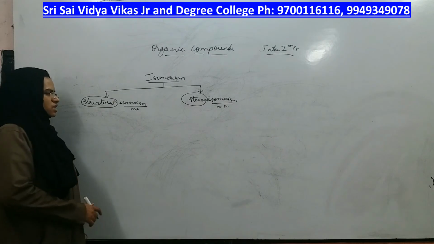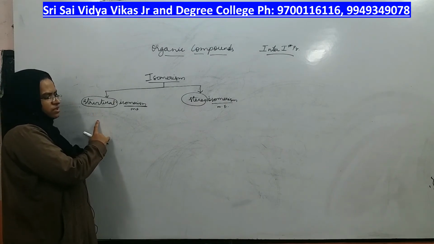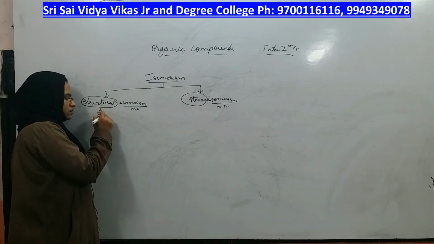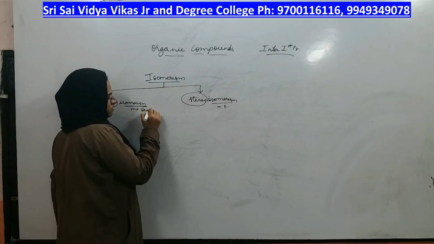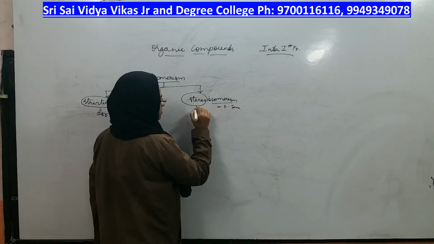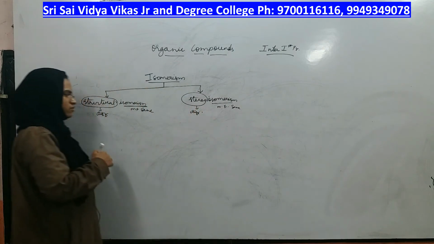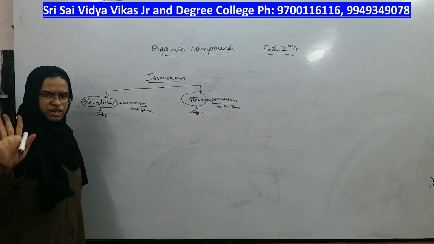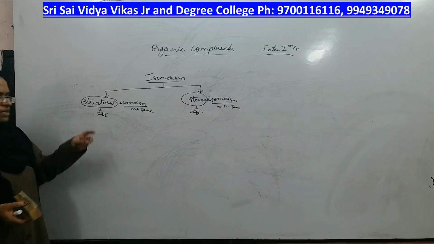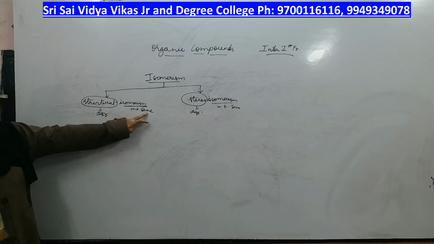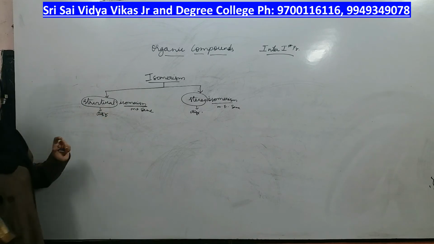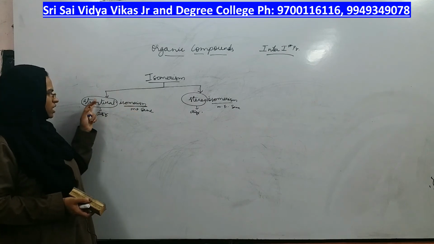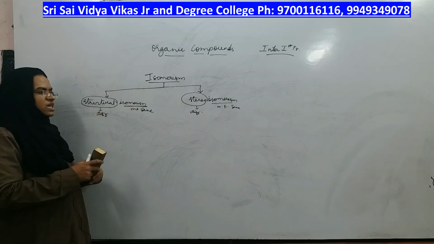Now let us come to structural isomerism. What is the definition of structural isomerism? When 2 compounds have the same molecular formula, this way you have to write. What I have underlined should be the same and what I have circled should be different. Now when I ask you the definition, you should be able to say it just by looking at these things. This is same, this is different. Let us now define it. When 2 compounds have the same molecular formula but different structure, they are called structural isomers.